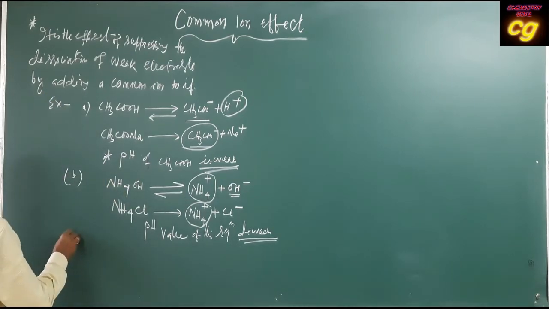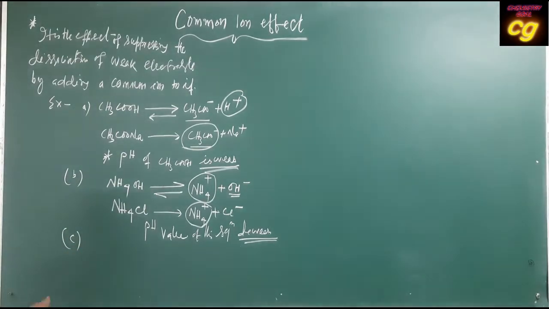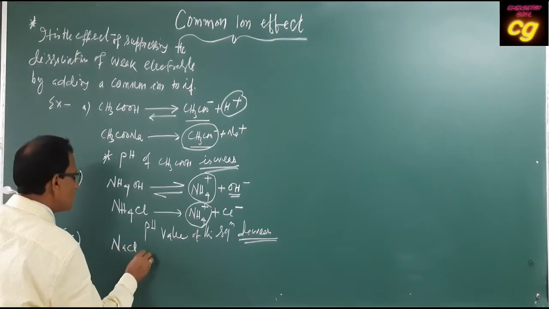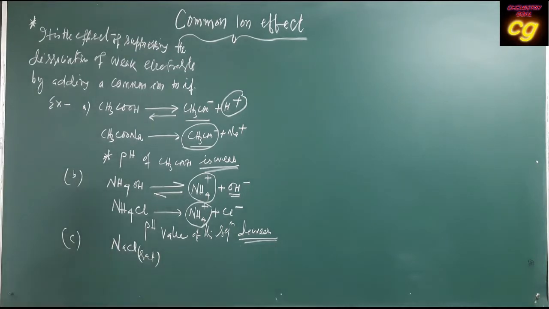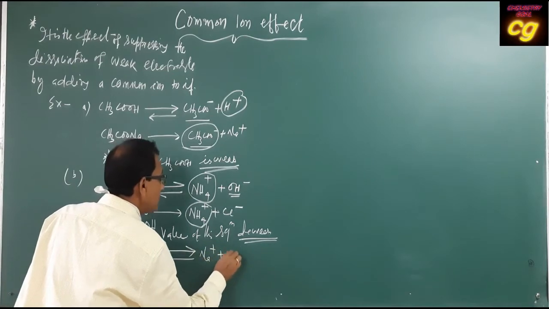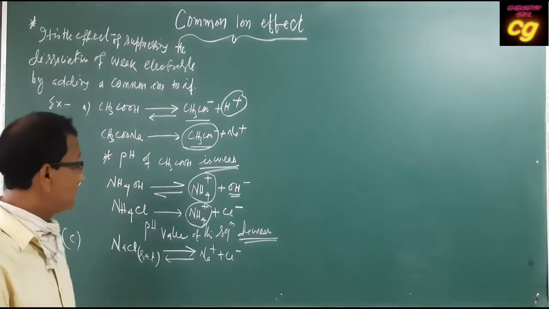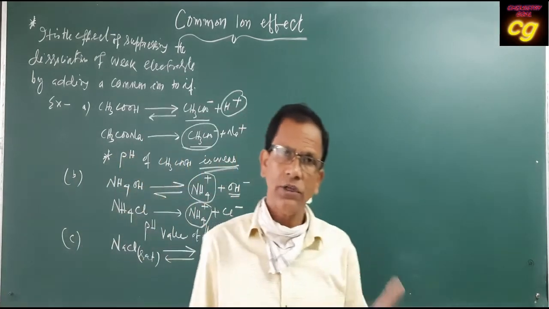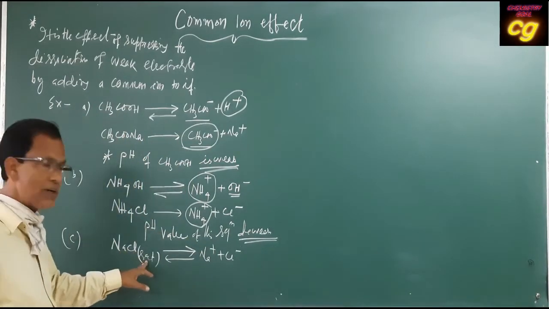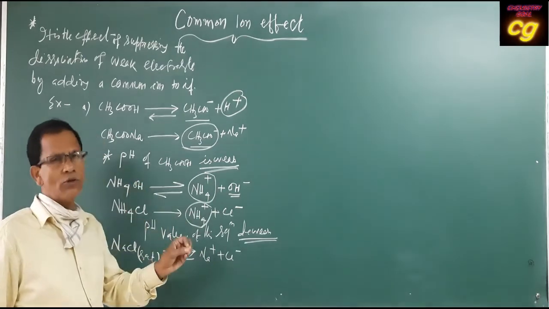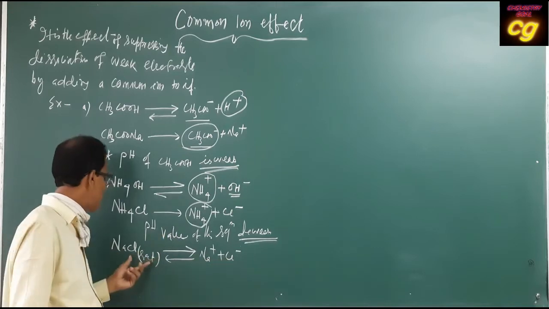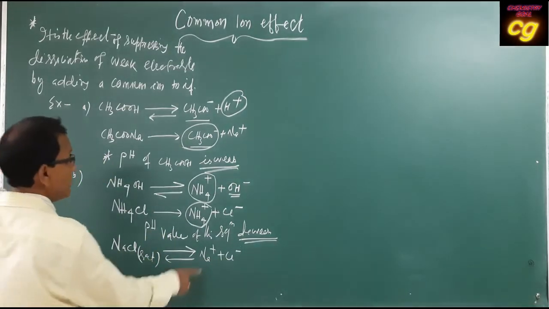We can use another example, the purification of sodium chloride. If you take saturated sodium chloride, it will maintain equilibrium with its ions Na plus and Cl minus. Already we have discussed that it is a strong electrolyte, highly soluble, but in saturated form it always maintains equilibrium. Saturated NaCl will be in equilibrium, but a very dilute solution will not be, because saturated means some extra salt is present.